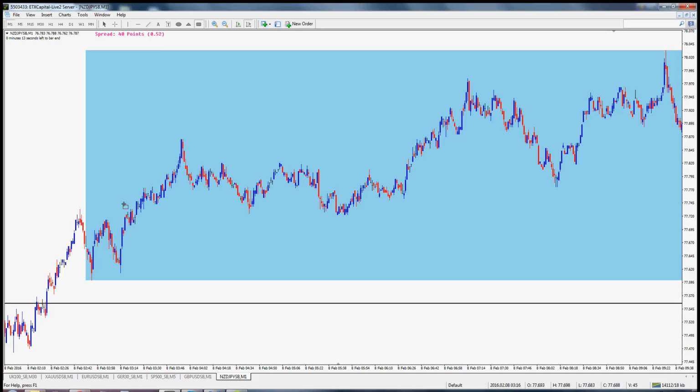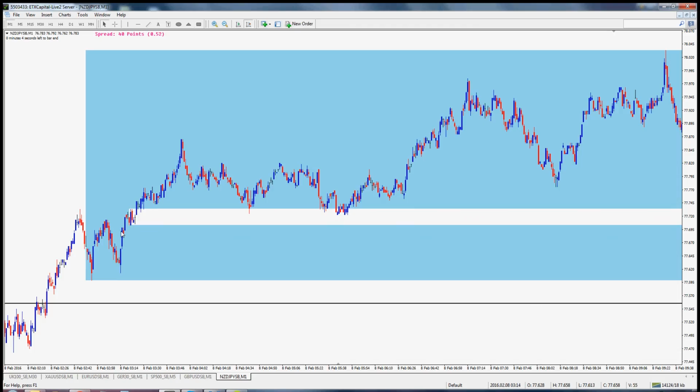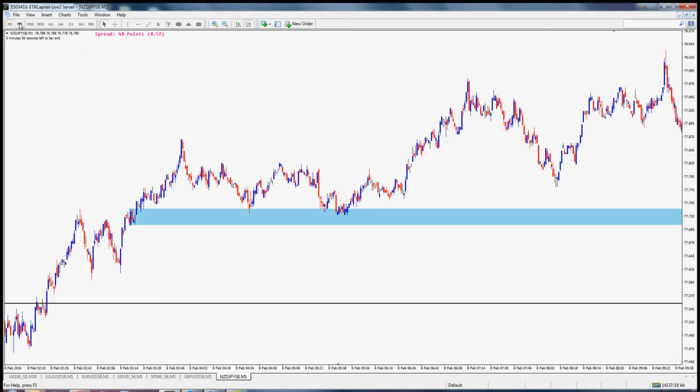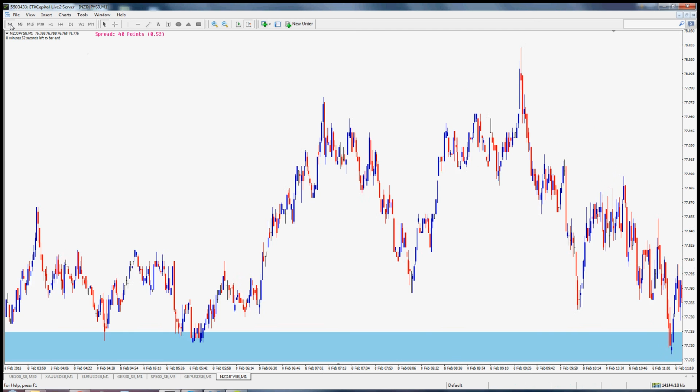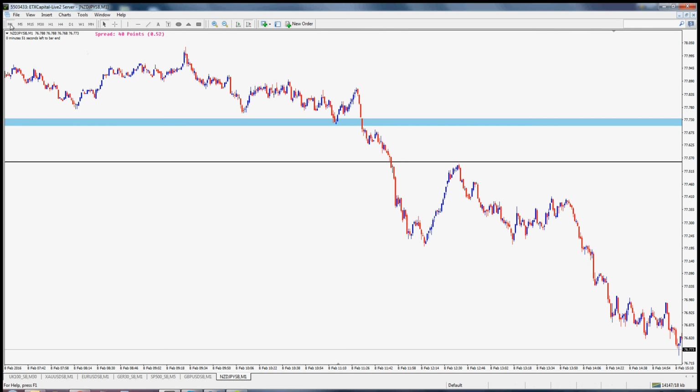So I'm going to mark in here just the area where, because this actually does not touch this, which means this isn't part of the same move. This is all compressed here. So now I'm going to take the big blue one out, so we have this one left, and when we come along here and we look at where it comes back down here and it doesn't break,